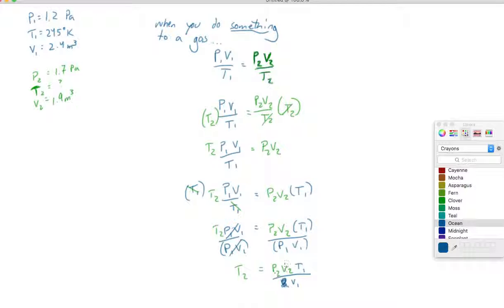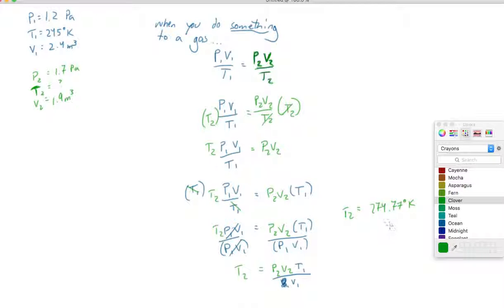P2 is going to be 1.7. V2 is going to be 1.9. T1 is going to be 245 Kelvin. And V1 and P1, well, we can see what those are right there. V1 is 2.4 and P1 is 1.2. When you plug all of those numbers in, you'll see T2 is going to be, in green, if you plug all those numbers in correctly, 274.77